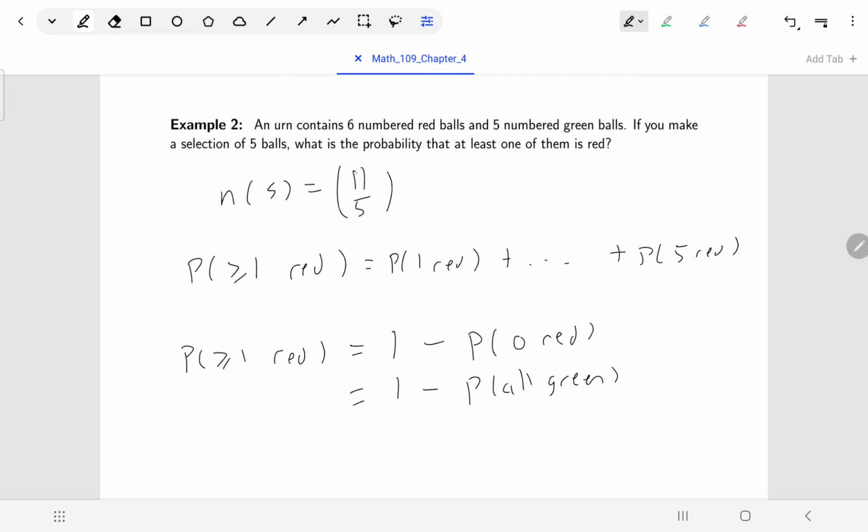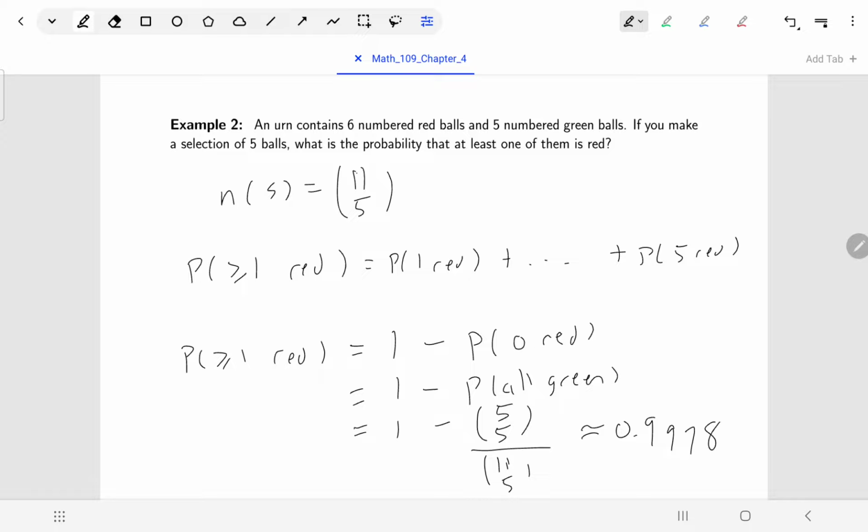And to get all green marbles, that's easy enough to do with just counting. We know that there are 5 green marbles, or 5 green balls. So there are 5C5 ways to select 5 green balls out of the 11C5 different ways there are to select 5 marbles in total. So now we just need to compute for ourselves 1 minus 5C5 over 11C5. And that gives me a probability of about 0.9978,